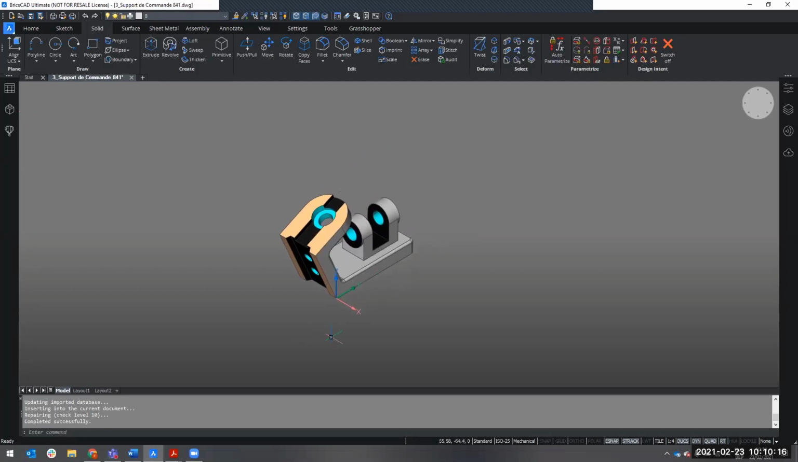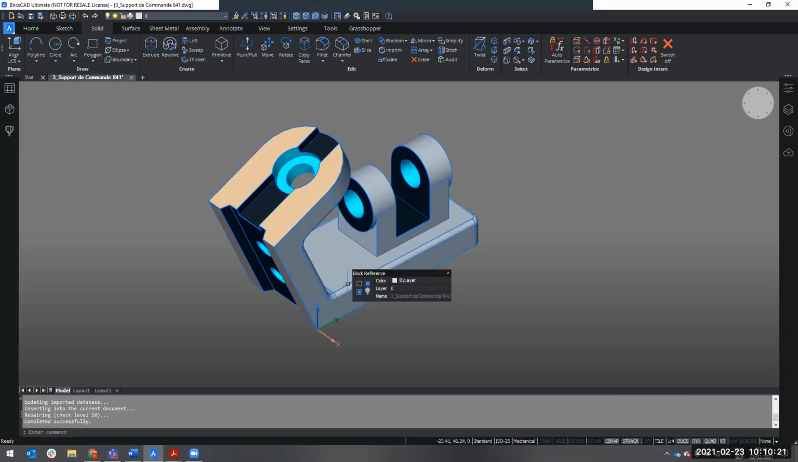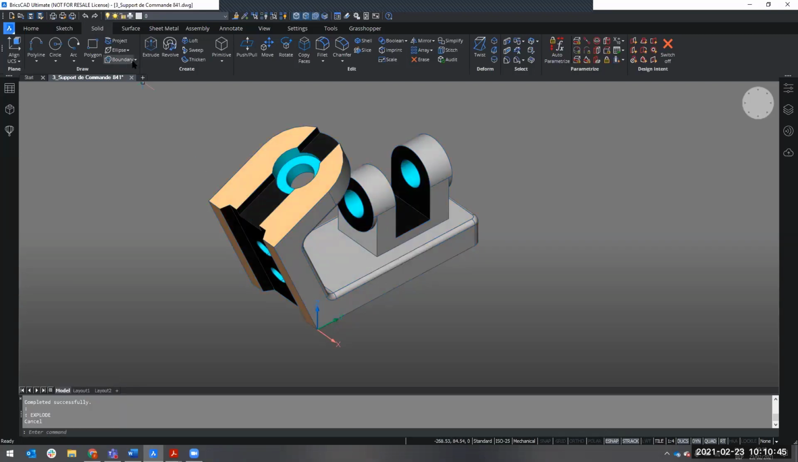And once the import is successful, you should have something like this. Apparently, according to some settings, it might come in as a block reference, or it might come in as a solid. If it's a solid, you're good to go. If it's a block reference, you might want to explode it to easily work further with me through the next parts of the exercise. So you can use the command explode by typing it in, or you could